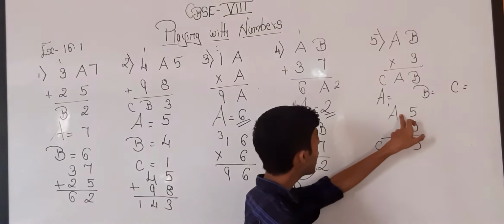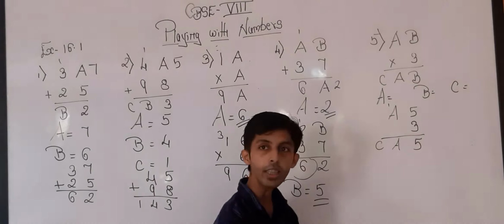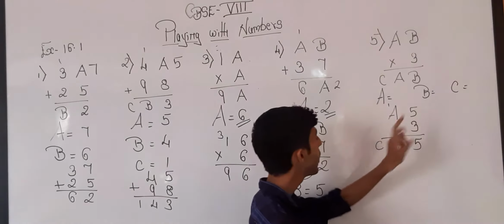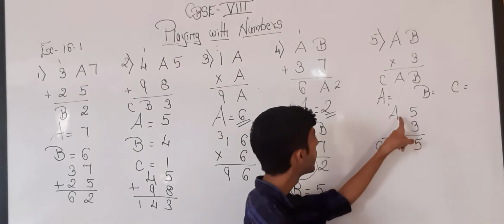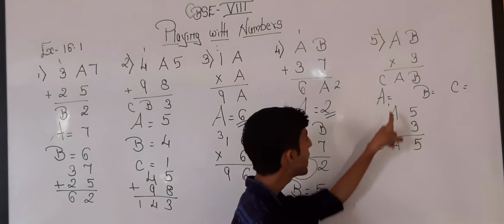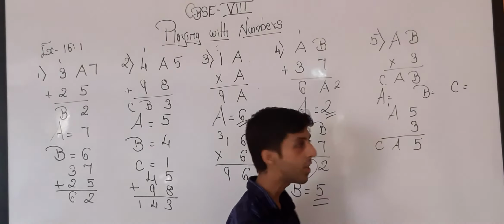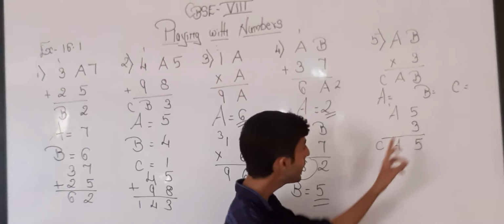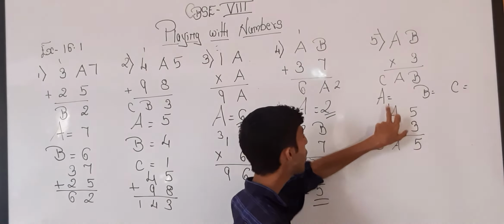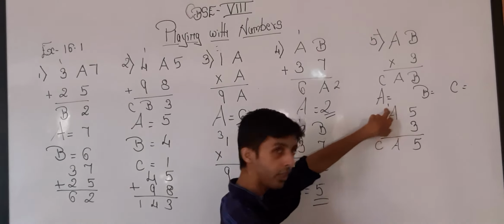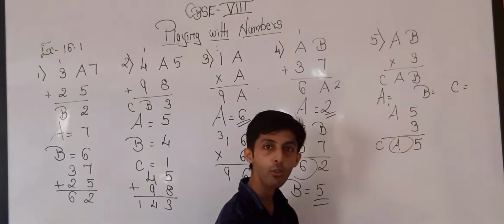So if I am taking over here 1, 1 times 3 is 3, 3 plus 1 is 4, the value is getting changed over here. If I am taking 2 over here, 2 times 3 is 6, 6 plus 1 is 7, it is getting changed. Over here 3 times 3 is 9, 9 plus 1 is 10, value is getting changed. 4 times 3 is 12, 12 plus 1 is 13, value is getting changed. If I am taking over here 5, 5 times 3 is 15, plus 1 is 16, but because of this one, the whole value of a is getting changed.